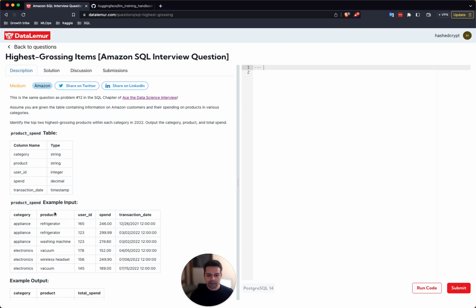So given that in the end we have to output category, product, and total spend for the top 2 grossing products, as the first step, I need to aggregate total spend across all products in each category. So I need to apply some kind of a grouping function to reach that state of data. So as the first step, we want to group